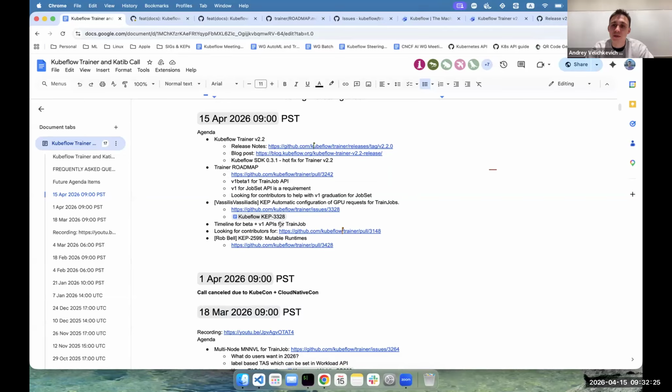Okay. But we still want to keep the support for two APIs, right? If we want to push new features to JobSet, or we don't. I think we want to make sure that V1alpha2 is still served. I don't know if we need to add new features to V1alpha2, but that's something we'd have to figure out with the plan on that one.